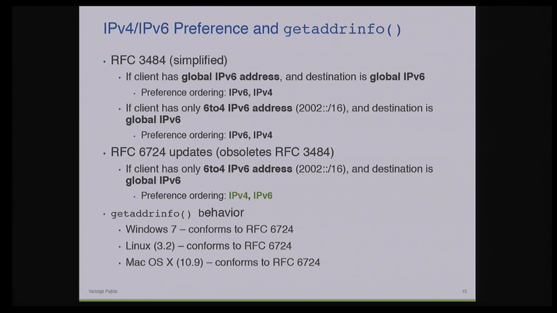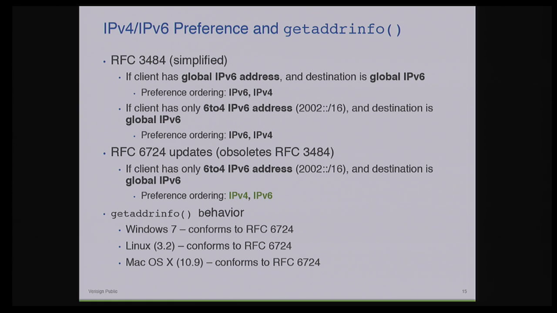But we recognize in a lot of ways that they are, for whatever reasons, administrative or logistic, and so we were using that. Okay, let me summarize this slide, because there's a lot of information on here, but basically this is address preference according to RFC 6724. For our purposes it means that IPv6 is selected first for getaddrinfo, and IPv4 is fallback, except in the case of 6to4, in which case IPv4 is selected first, and IPv6 is backup in terms of preference ordering. And we saw, at least in the most current version of these OSs, the getaddrinfo call actually followed these.